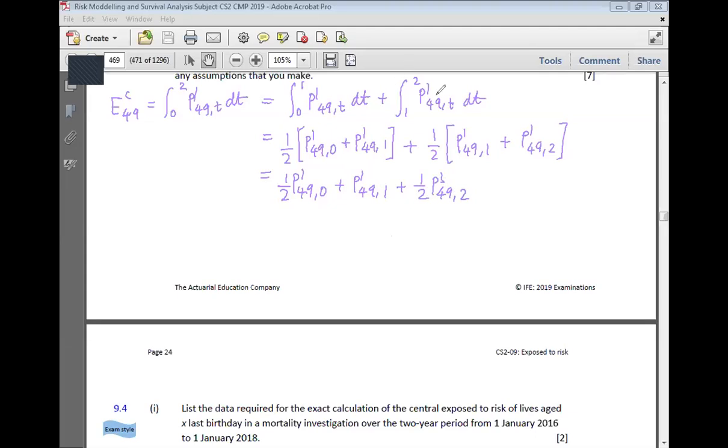Any doubts so far? So now once we do this, we actually get to know what P dash values we need to figure out, right? So now we need to figure out P dash 49 0, P dash 49 1 and P dash 49 2. And the very basic thing that we can do is, so what is my exposure data in terms of? It is in terms of age last, right? And I want these to be in terms of age nearest. So let us see